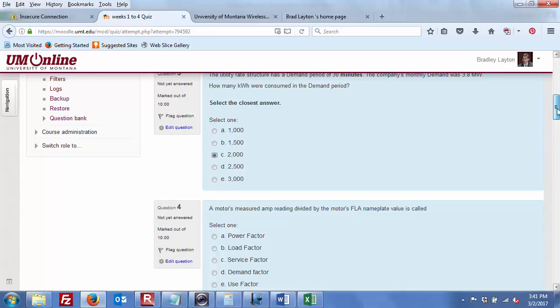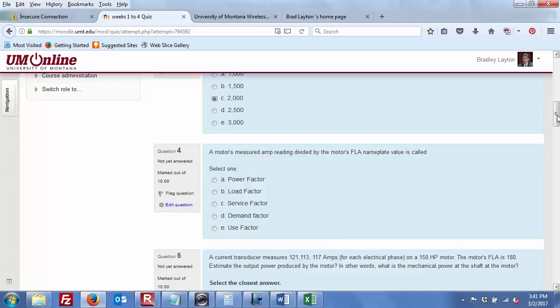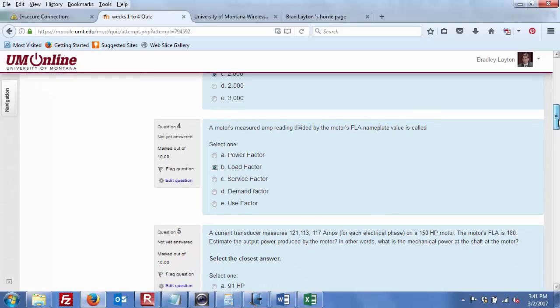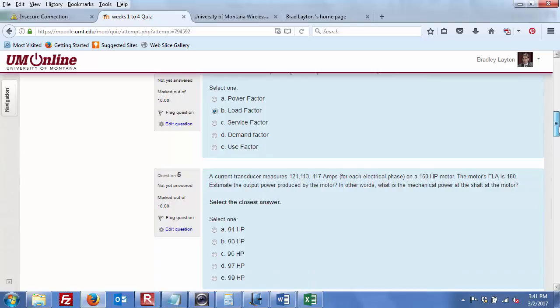A motor's measured amp reading divided by full load amperage. I'm going to call that the load factor, I think. So whatever's coming out versus what it's rated for, I think it's the load factor. The current transducer measures